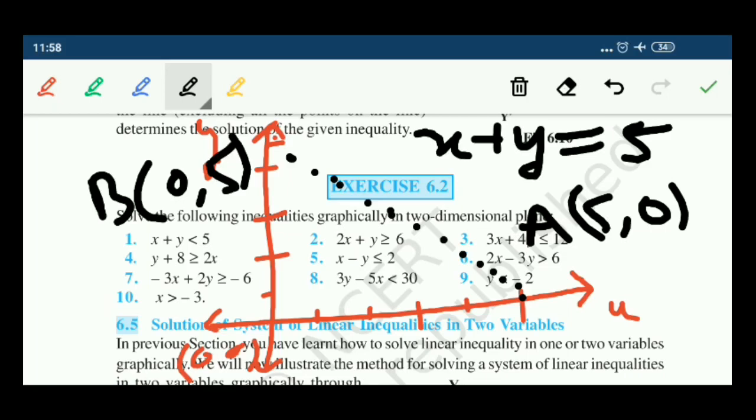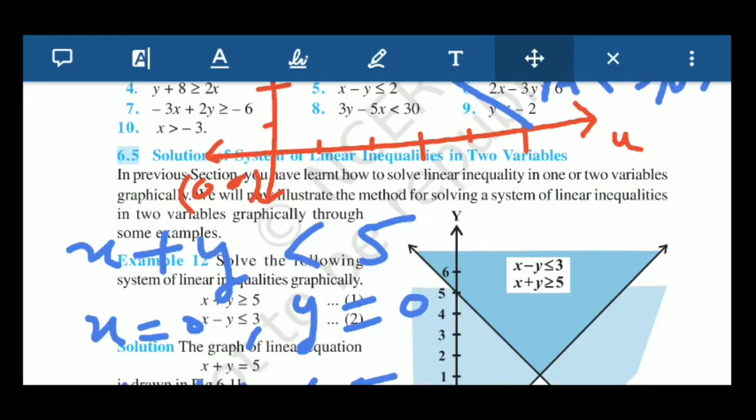So it should be less than 5. If they have given here x plus y is less than or equals to 5, then I will draw here a straight line, without a dotted line or dark line, to check which region is our solution, above the line or below the line. So what we will do here, we will take our inequality x plus y less than 5